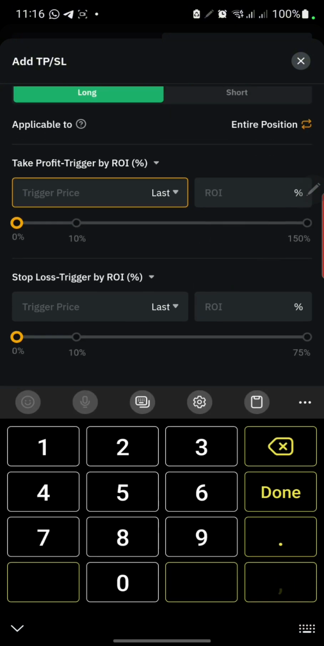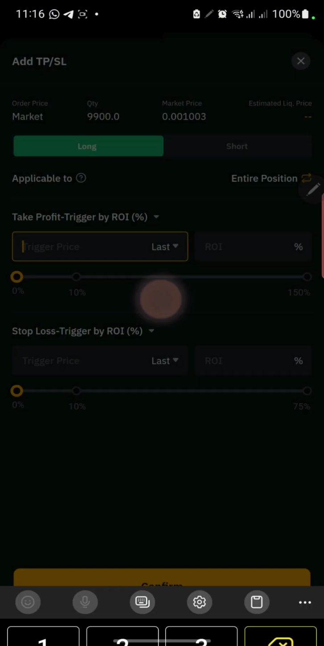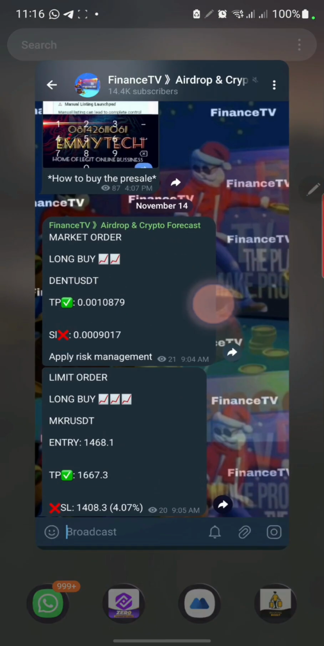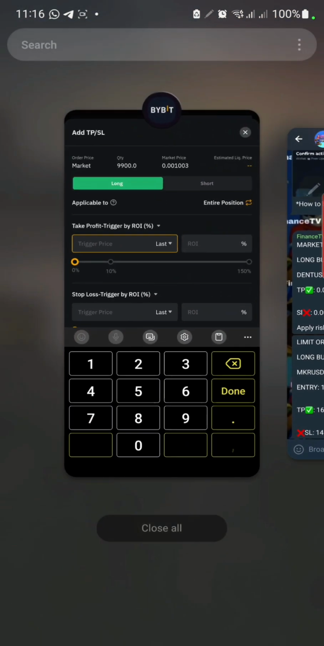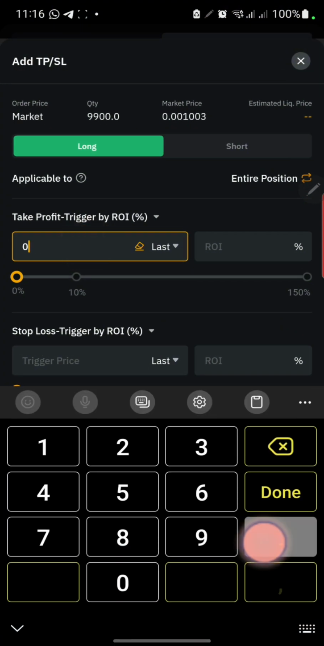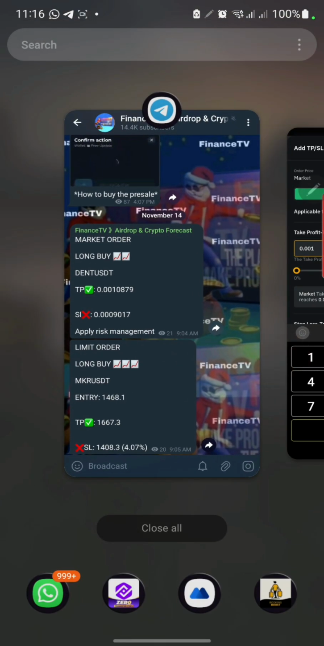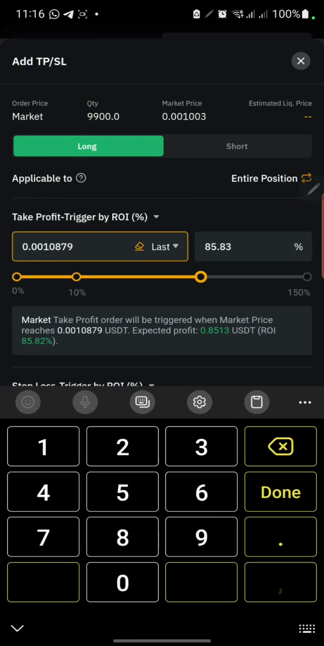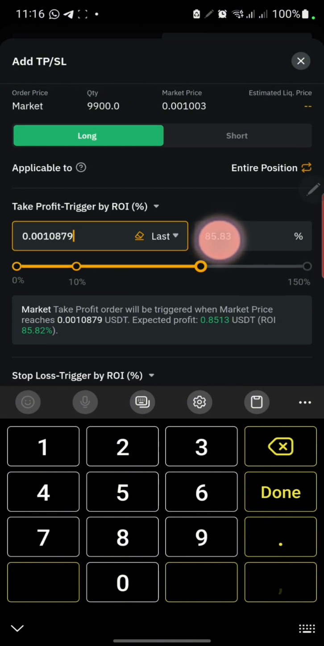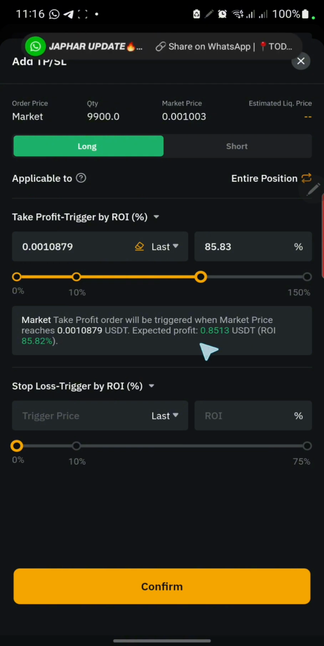As you can see here, you can choose it in percentage, or you can choose it in the last price, or anyhow. So I'm going to come here and check. Can you see take profit is 0.0010879, as you can see. That means it will take profit at 85%. Can you see the amount of profit that will be made? The more balance you use to trade, remember I'm using just $10 to trade, so this is the profit